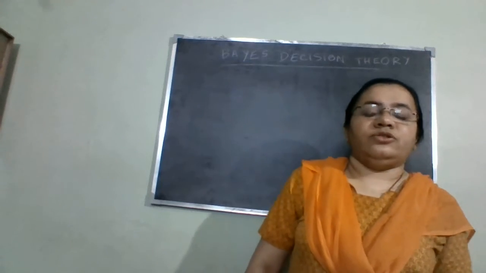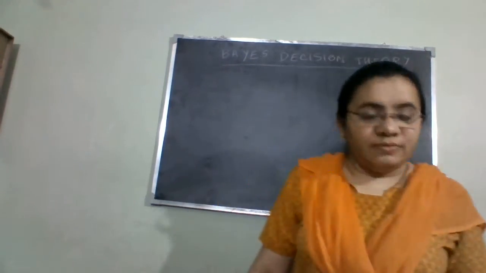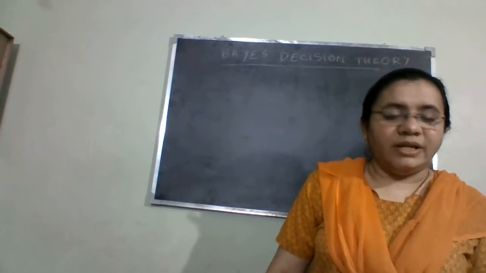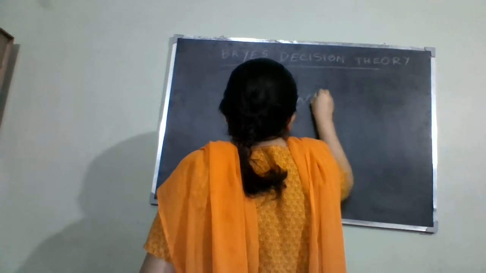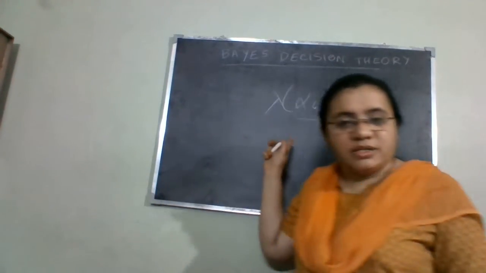I also told you that the distance between i and j must be as small as possible, so that this particular function lambda(alpha | omega j) is as small as possible,